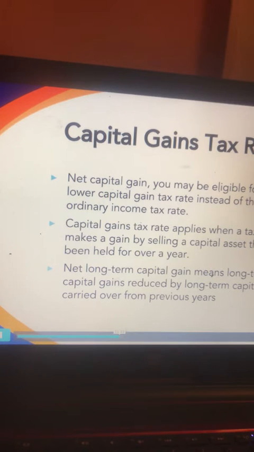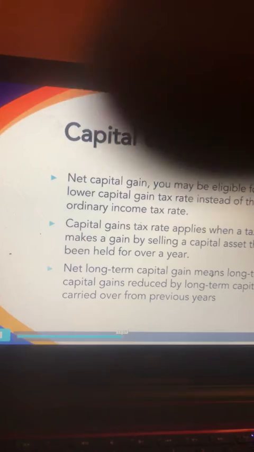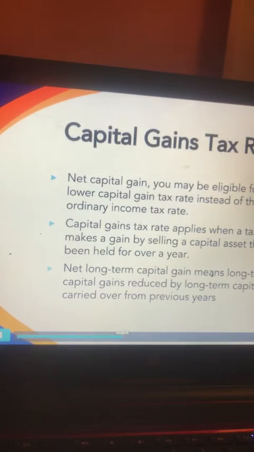Okay, let's move on to slide 12. And now we're going to switch gears. We've been talking about ordinary income taxes, and you've seen the rate changes, and you've seen the bracket changes, and you've seen where on our tax return we are reporting it. So let's talk about capital gains tax rates. Net capital gain. You may be eligible for the